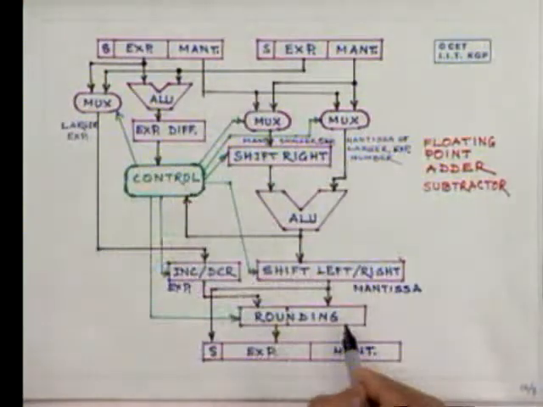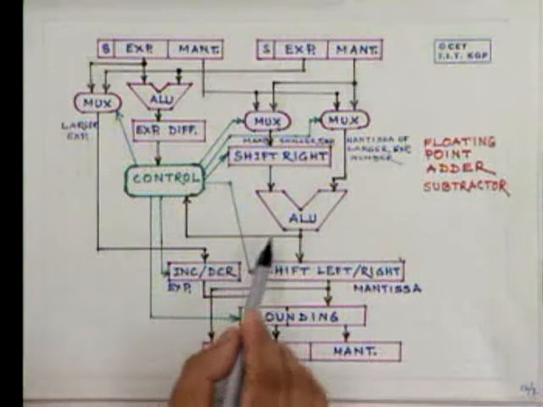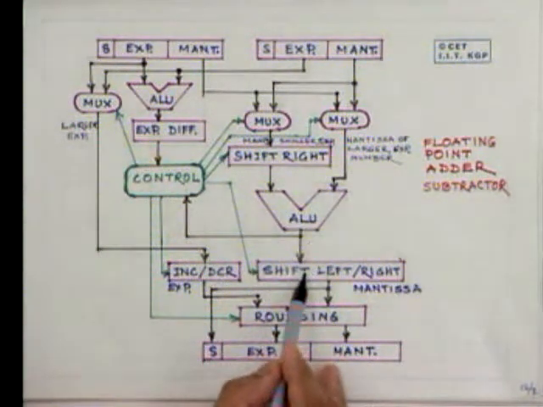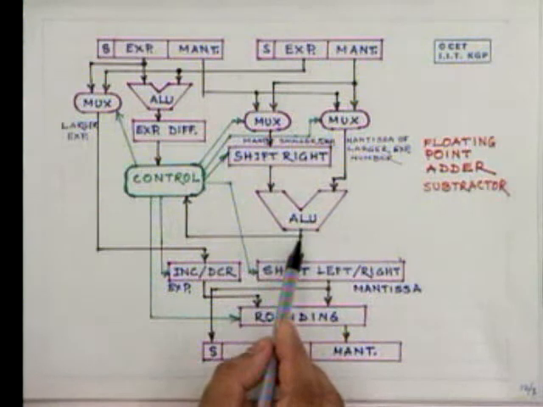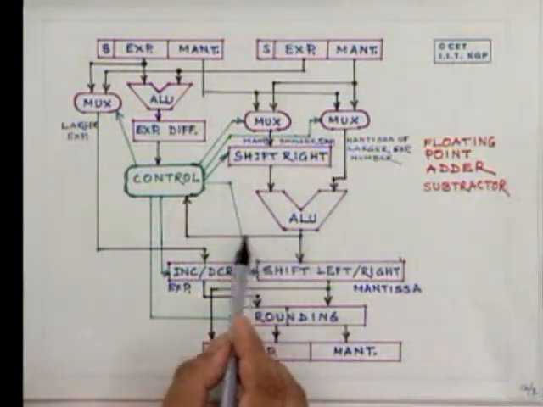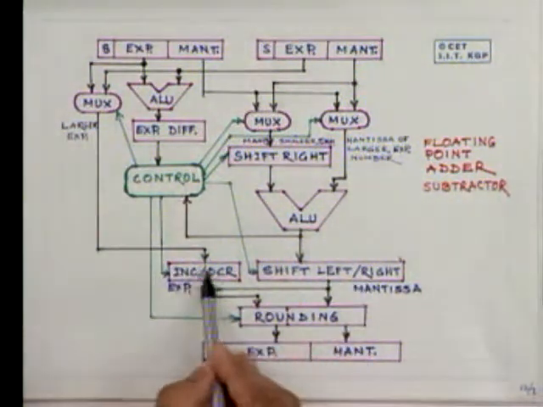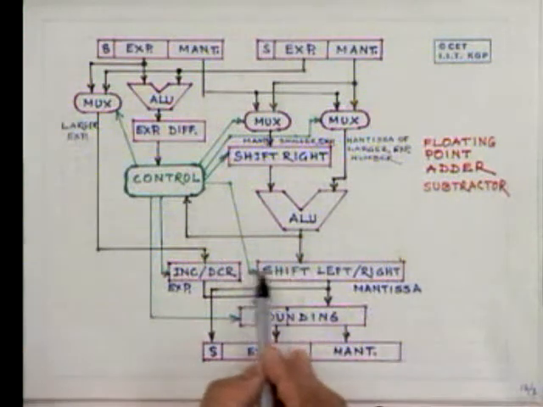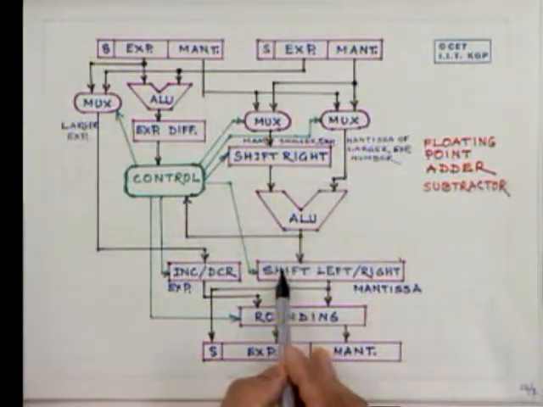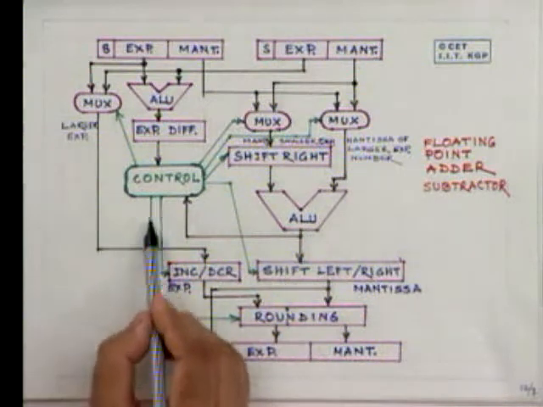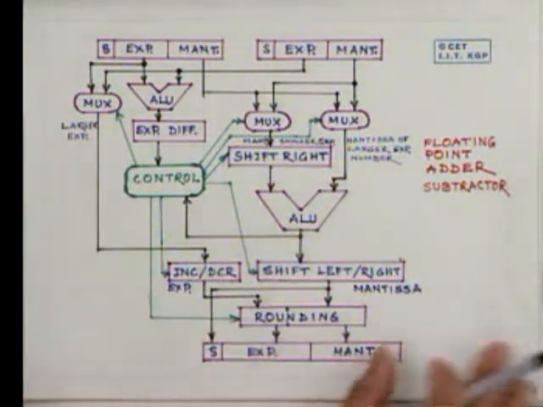So this can be a floating point adder subtractor unit, the hardware unit where we have shown the logic. Now, how much the bit pattern has to be shifted naturally depends upon the result of this ALU, and therefore the result is fed to the control, which then determines the normalization that has to be done, by shifting how much and in which direction, and that also controls the rounding that has to be done. That is for addition and subtraction.